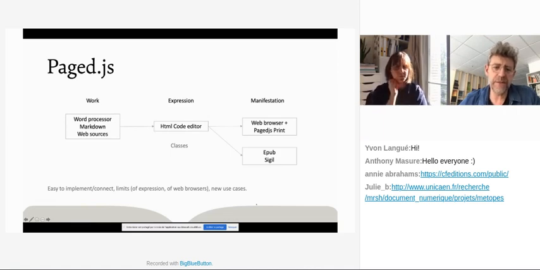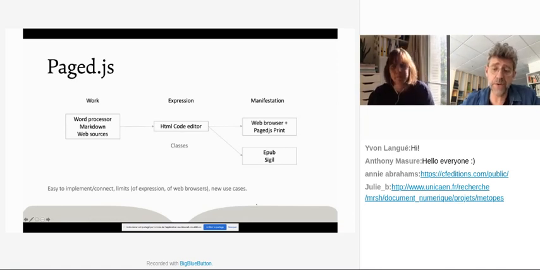The important thing is that now the expression, the core file, is more or less HTML. So we can edit it in a code editor and preview it in a web browser. And then from there, we can prepare a PDF, which will be printed in the industry by our printer, as usual, as a desktop publishing output file,